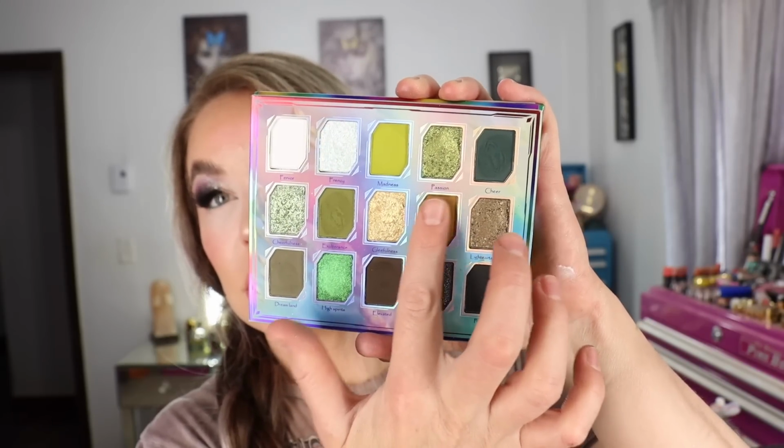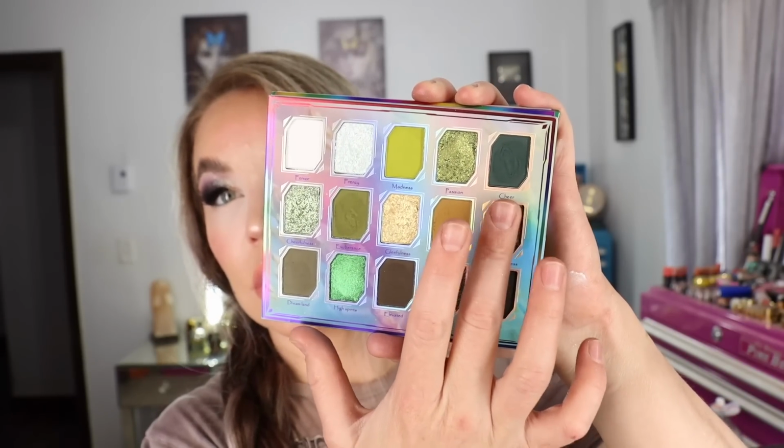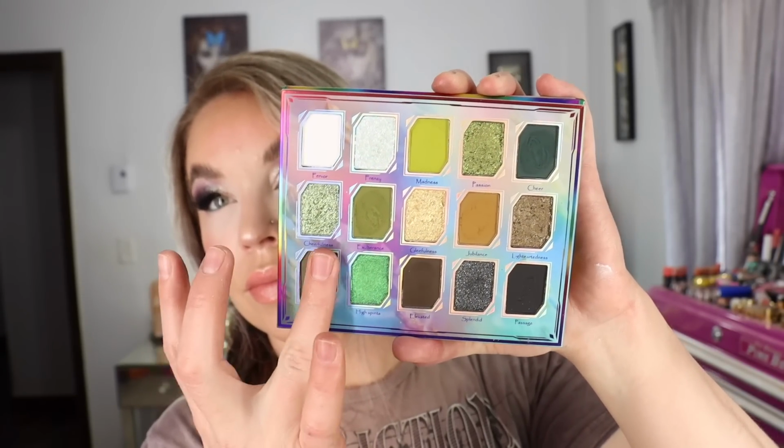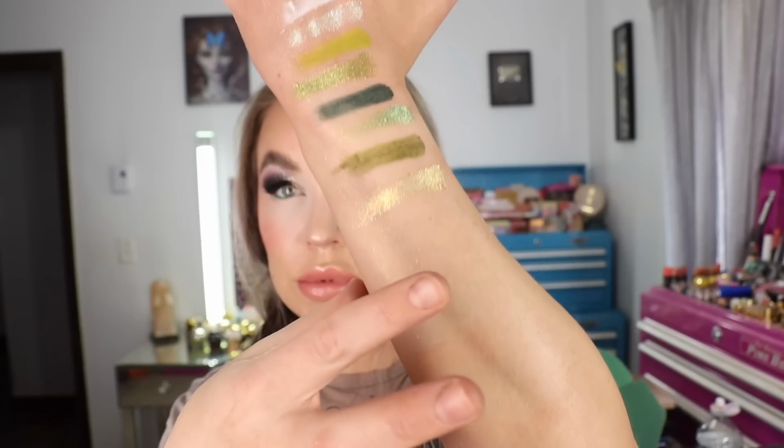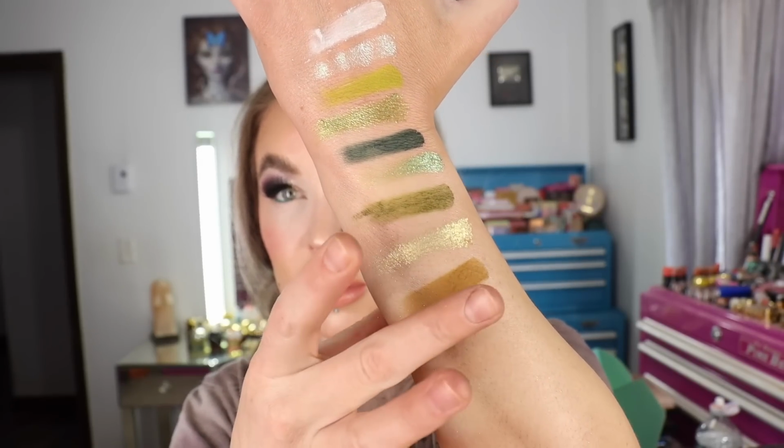And then these next ones. Look at that. That's a multi-chrome, which is very hard to get to show up on camera, but...